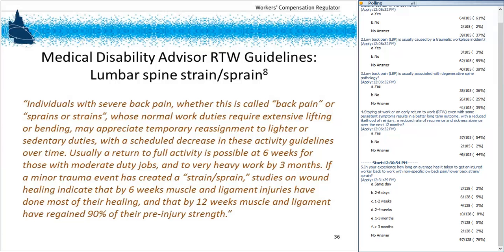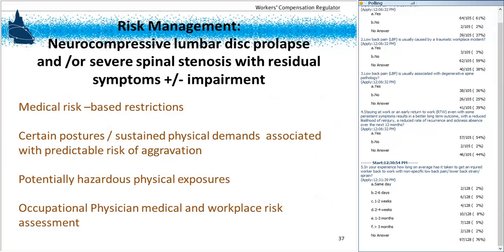I want to contrast that with the very different situation where someone has objective evidence of spinal pathology causing symptoms, signs and impairment. And the examples I've given are someone's got an intervertebral disc prolapse in the lumbar spine that's evolving and it's causing nerve root compression. So it's causing severe sciatica. There might be loss of feeling in one or both of the legs, and there's certainly going to be some motor weakness. So for that individual,